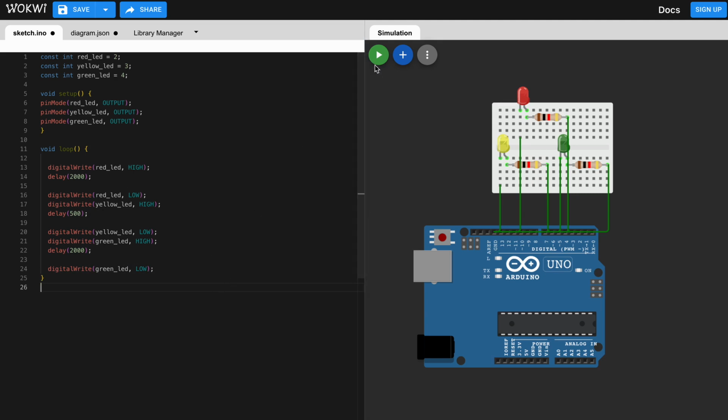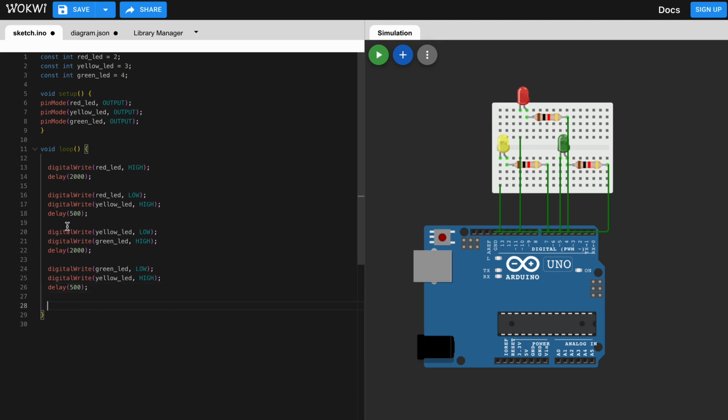Have we built a traffic light? Let's see. Red, yellow, green. Red, yellow, green. So yes, in yellow it stays for a small time. Oh yes, I forgot about something. It doesn't happen like this, isn't it? This part should repeat itself. I don't know how I got my driving license then. This part should repeat itself,